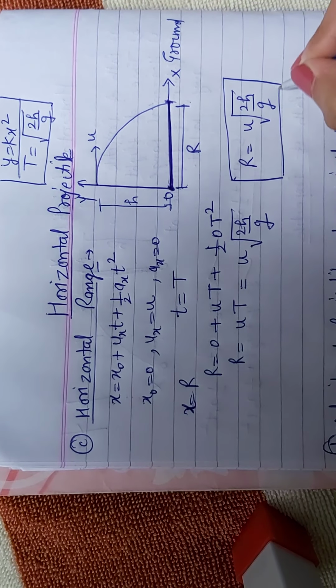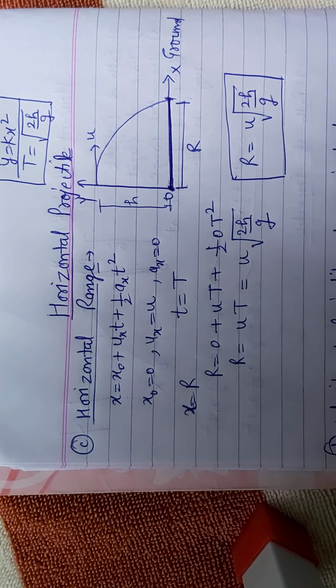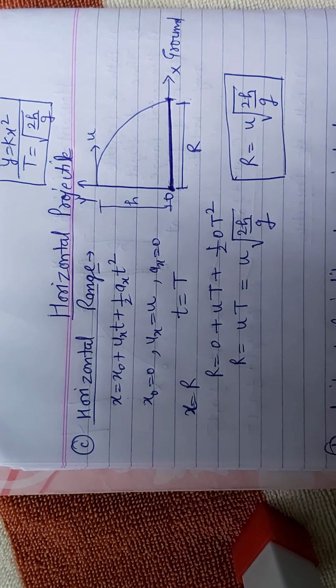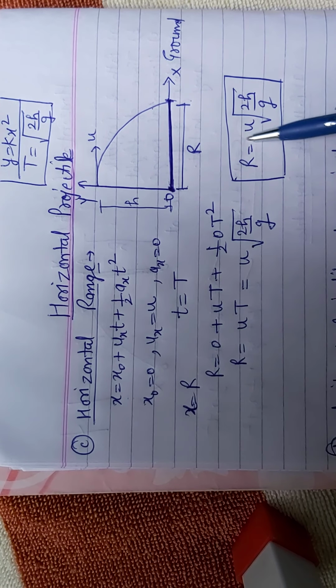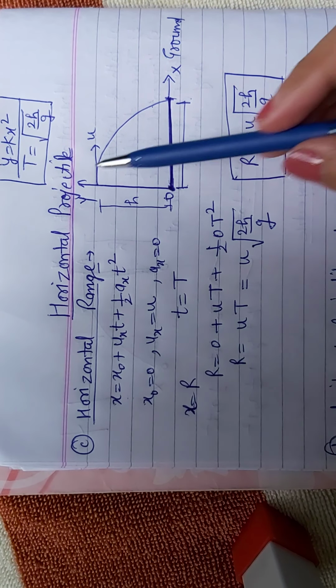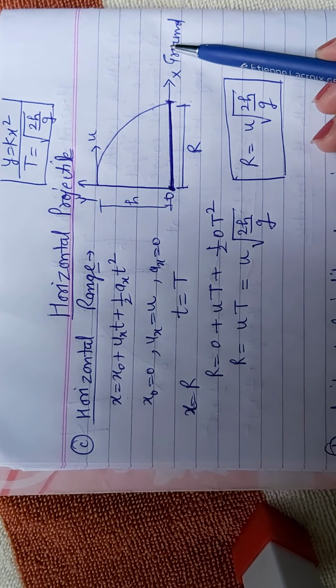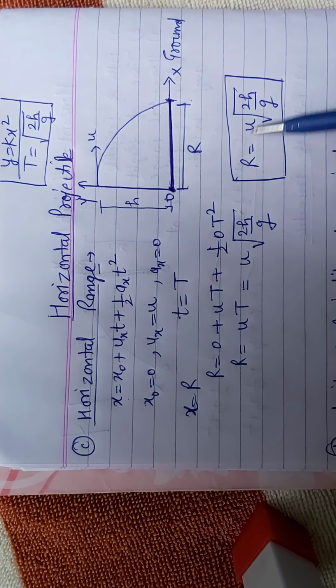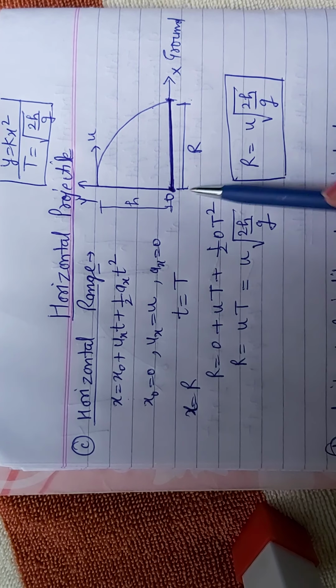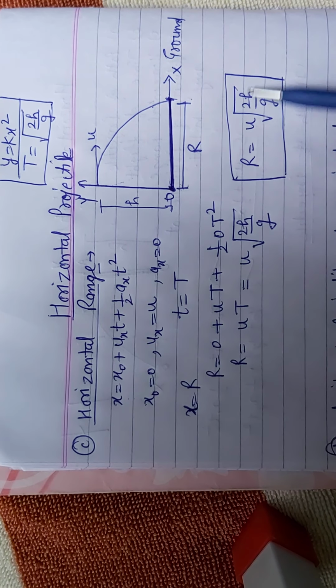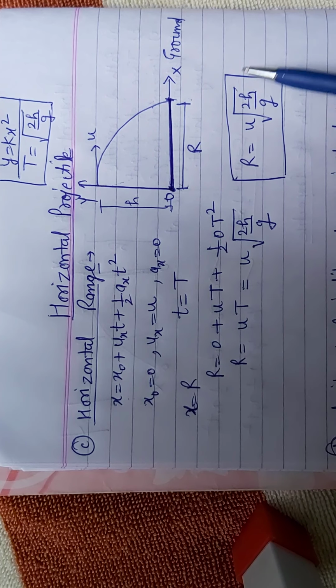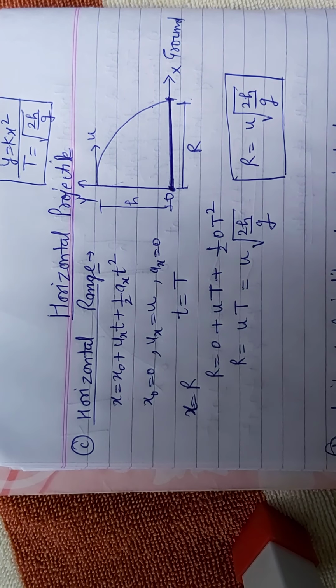In a conceptual question, it may be asked on what factors R depends. From the formula, it is very clear that it depends on the initial velocity. If the initial velocity is high, you are throwing an object with high velocity, of course it is going to travel more distance. The horizontal range will be more. They are directly proportional to each other. The same is the role of height. From which height you are throwing it also matters, with the power h to the power 1 by 2, because the square root is there, g is constant, 2 is constant. So I hope this horizontal range is also clear to you.